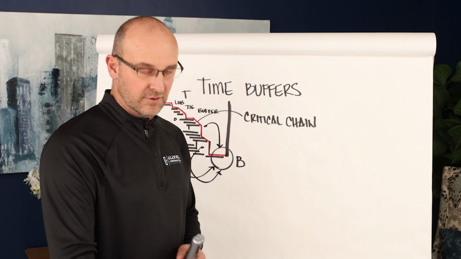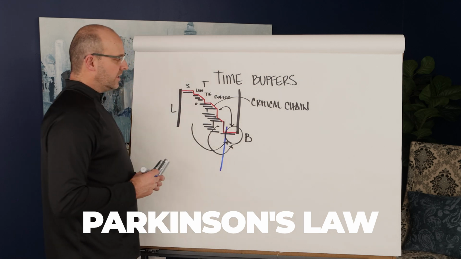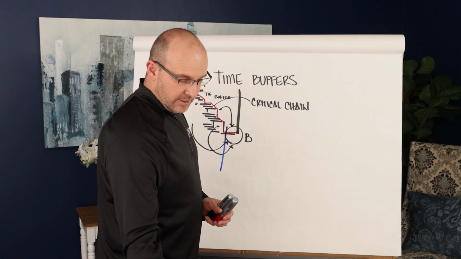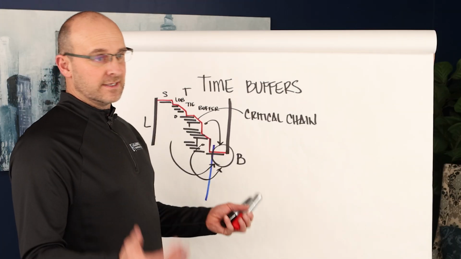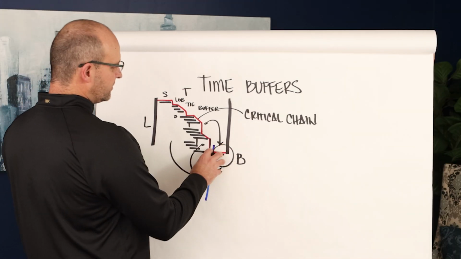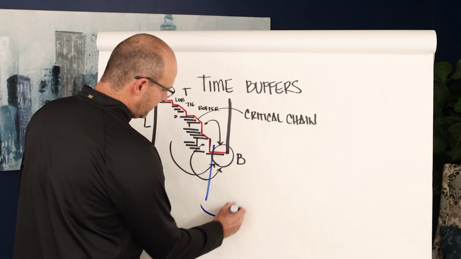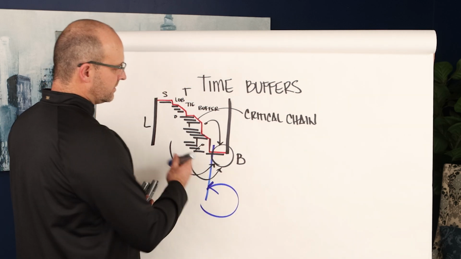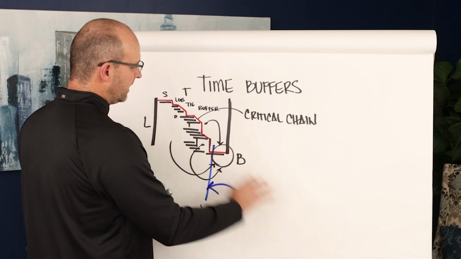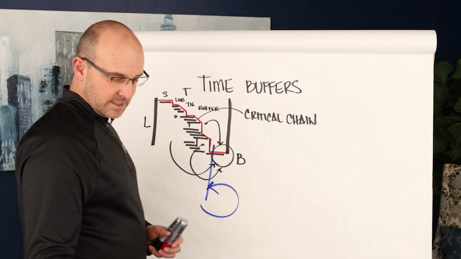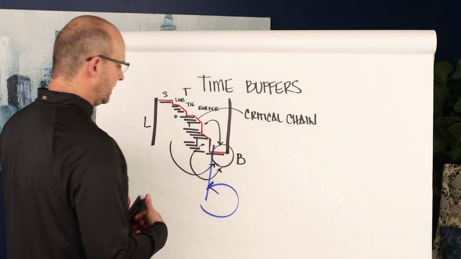Now, here's the key concept for you that I hope you get. There's something called Parkinson's Law. What Parkinson's Law is that the work or the time to complete work will extend to fit the time allocated, right? So the buffers being at the end also allows us to have a really nice target right here for people to target so it doesn't artificially extend, but we also have buffers in case we want to keep that trade flow and move the project and cascade the activities in case we have a delay or an impact or something like that. So this is key.